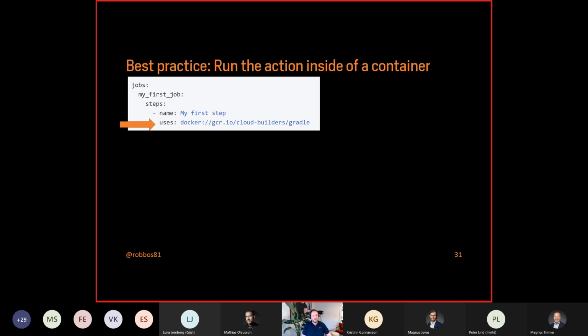And as an even better step, you can always run the actions inside of a container. There are some actions that cannot run there, but most of them can. In this case, I'm saying I've got a step here that's called my first step. And I'm using a Docker container, and I will be executing my first step inside of the Docker container. So if I run a shell script there, then I'm already confined to the boundary of the networking of the Docker container that's being spun up for me. This gives you a little extra security, so you're not running on the workflow runner itself, you're hosting all of that inside of a specific container that's being spun up for this job.